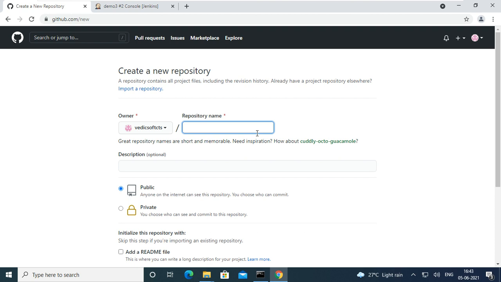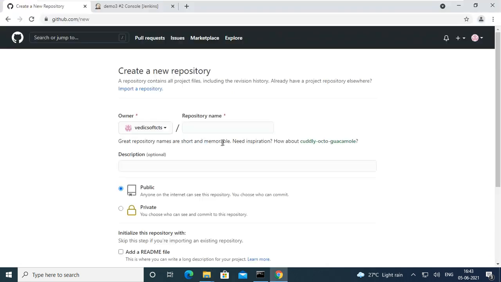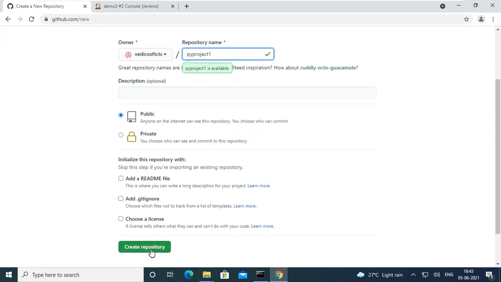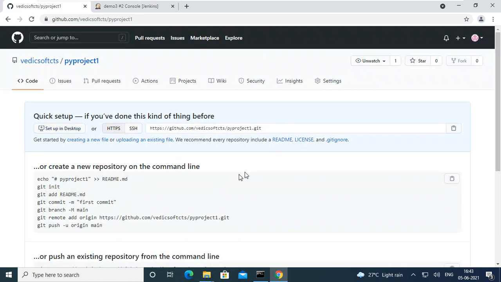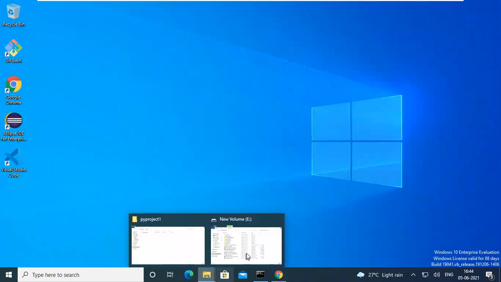So the folder name, I'm giving a folder name here, the main folder name only as we did. So public, create repository. That's it. Okay, so this is completed, and copy this link. Don't need to do more.